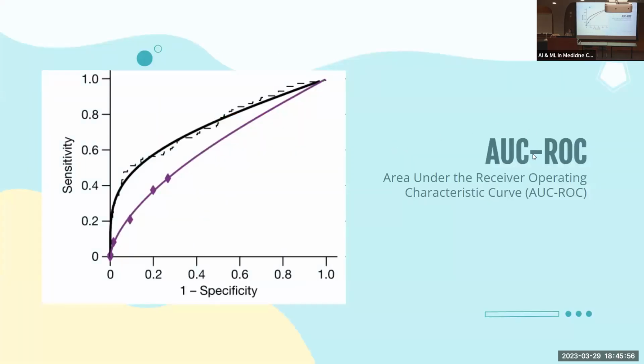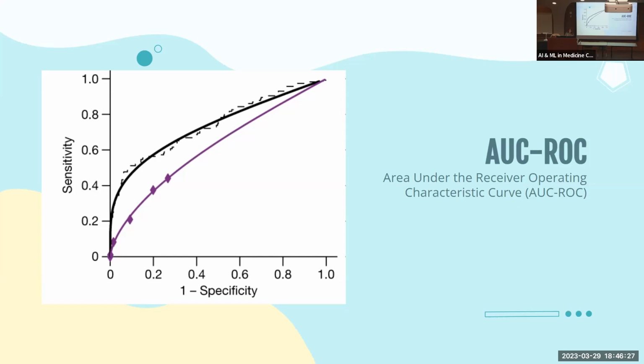The area under the receiver operating characteristic curve is one of the methods they use to talk about sensitivity and specificity in machine learning. Essentially, the 50% line means the test just didn't do well at all. The more towards the left the curve is, the better the test is. It's generally used for binary classification again, so it's either you have it or you don't have it.